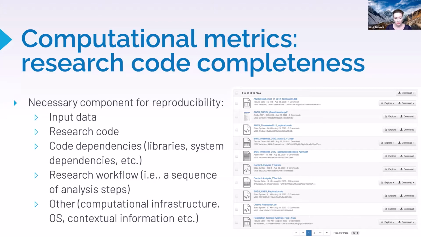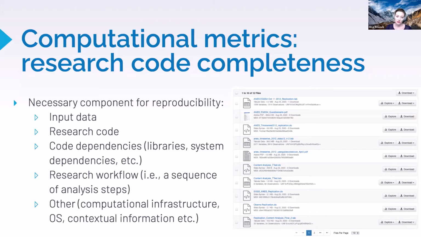Other things like computational infrastructure, we will hear a lot from Kian about all the problems that we had when trying to re-execute something on a supercomputer, for example. But contextual information is also important, and all these things that researchers routinely agree on and routinely use their common sense for are often never documented in data repositories.